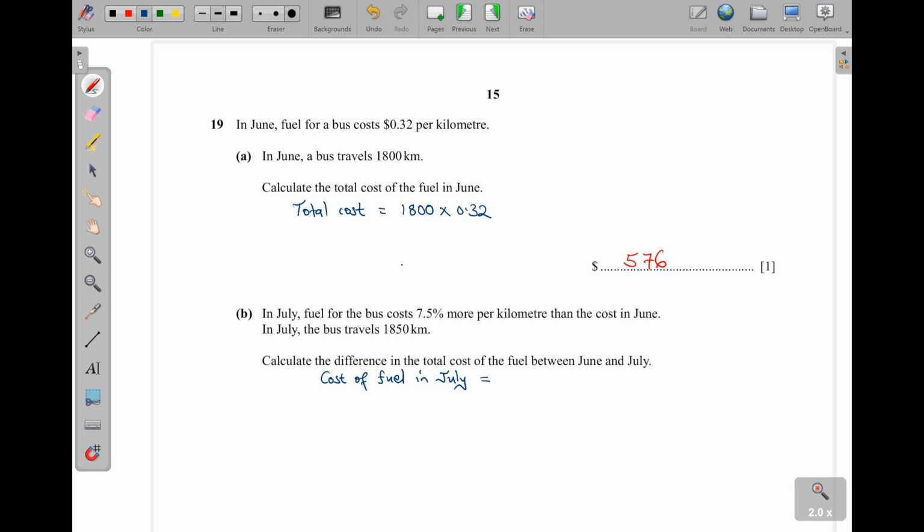It is going to be 100 plus the 7.5, because they said 7.5% more. Then divide by 100 times the cost of that fuel in June, which is 0.32. So this one can give us 1.075, then times the 0.32, okay? Then next, we can now find the total cost